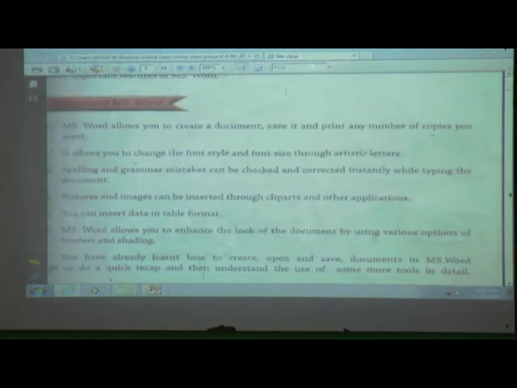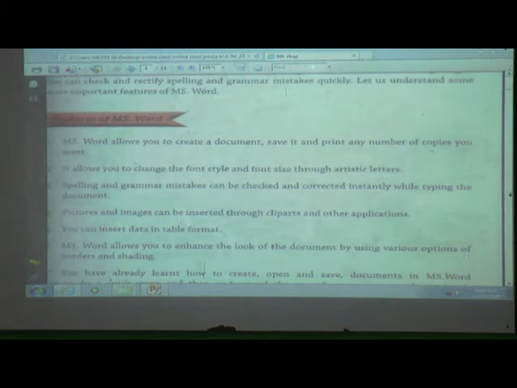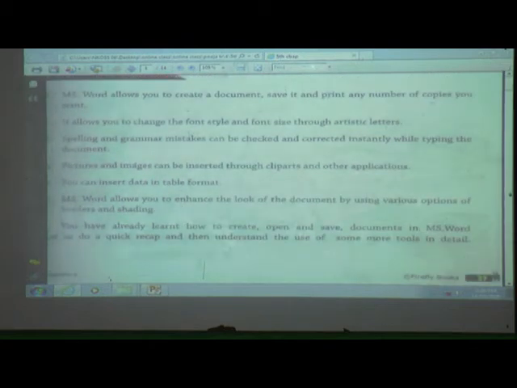We can create a document, we can change the font size and style, we can spell check, we can insert images and pictures, we can insert tables, and MS Word allows you to enhance the look of the document by using the various options of borders and shading.